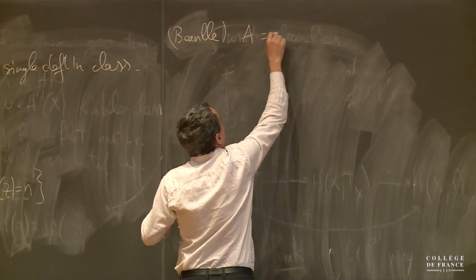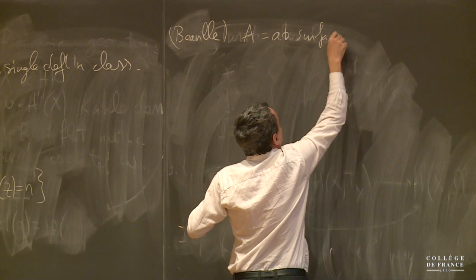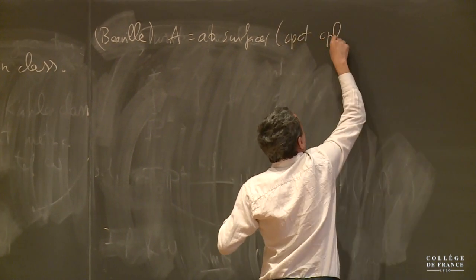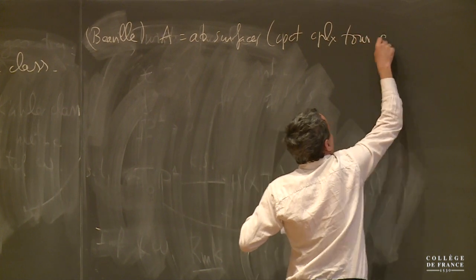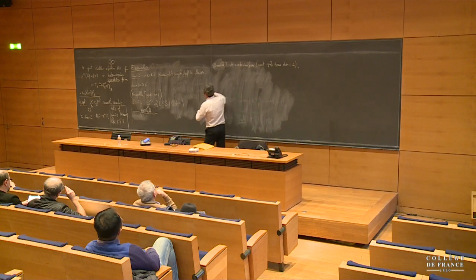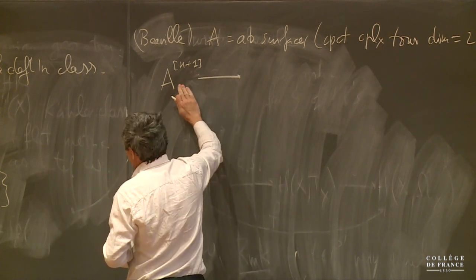Now you start with an abelian surface, or even a complex torus of dimension 2. And you start from that construction, only you take n plus 1 points, and this will have a